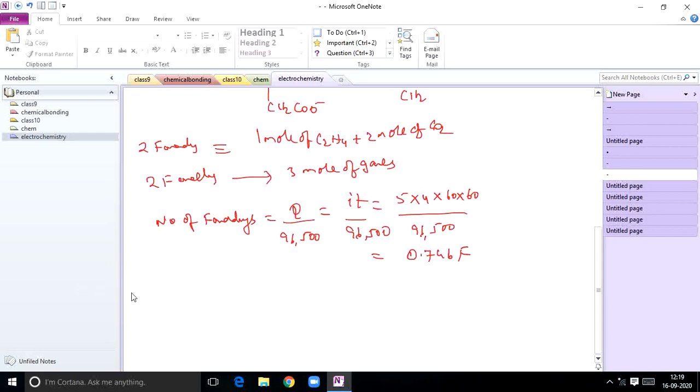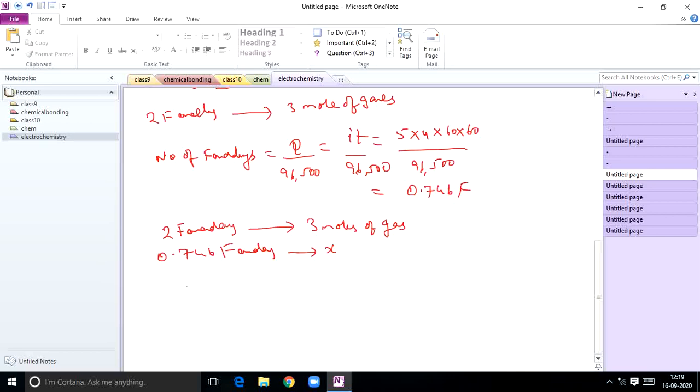See, actually, for 2 Faraday of electricity, how many moles of gases are produced? 3 moles of gases, right? Now, for 0.746 Faraday, how many moles of gases are produced? You calculate that. So, X is equal to,